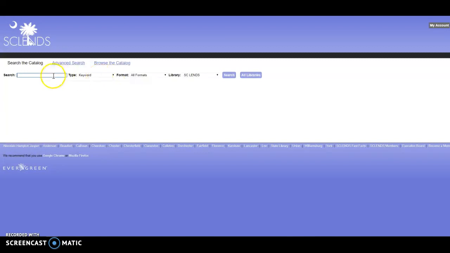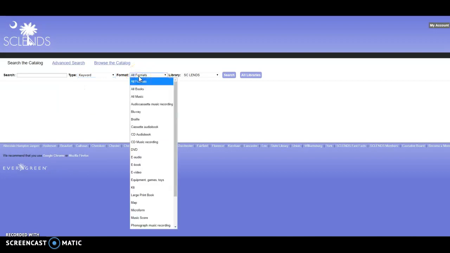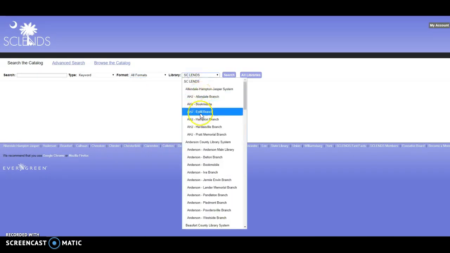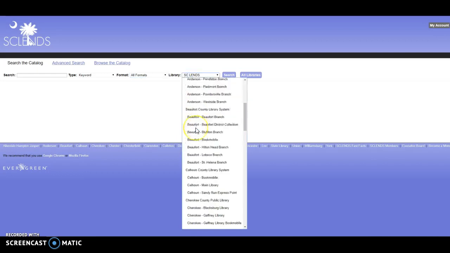We have the search box, which is where we type in what we're looking for. Then we have the type of search we want, which has a drop-down menu and gives options like keyword, author, and subject. Next is the format that we're looking for, which is also a drop-down and provides options like books, DVD, and large print. And then the last field is library, which allows us to choose the library that we'd like to